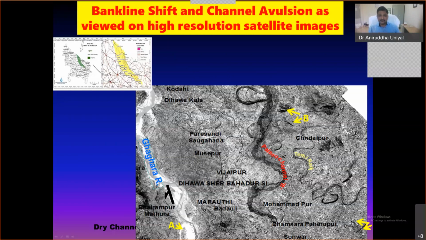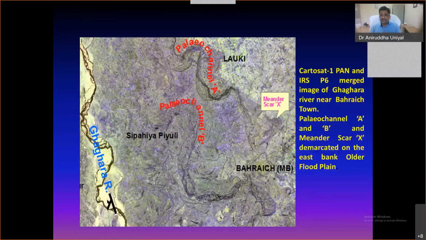And here we can see another image, this is a merged image. This panchromatic, black and white, and colored image is merged. Again, we can see these paleo channels. And I think remote sensing technology is the best tool available in the world to map paleo channels. Because if we stand by a paleo channel in the field, we can see it only up to 400, 500, 600 meters. But through remote sensing, we can see its entire length and width. We can map it. We can measure it.